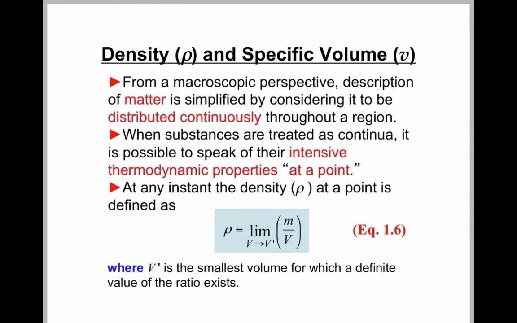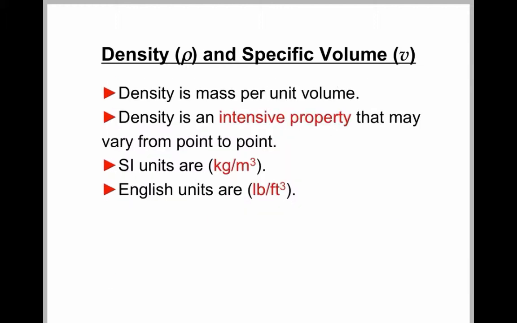But the density we are going to describe is our mass that we have per unit volume. And if we deal with that in an SI system, our mass per unit volume is kilogram mass per meter cubed, or pound mass per foot squared in our